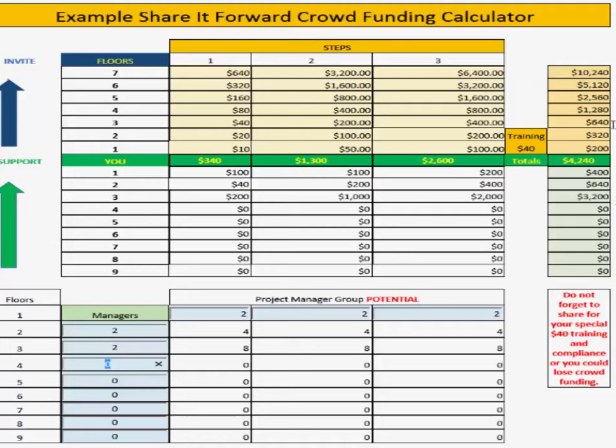So now you're going to take $1,280 out of that $3,200 and donate it to the project on the 4th floor before you so that you can receive donations from this next group. Those 8 projects go out and refer to each. You have 16 projects on the 4th floor after you. That's an additional $14,000 to you. You're qualified because you just took care of that. So now you take $2,560 out of that $14,000 and donate to the project on the 5th floor before you so you can receive donations from these next group of projects that are going to come in. 32 projects on the 5th floor after you. When they make these 5th floor donations, you're going to receive an additional $56,000.